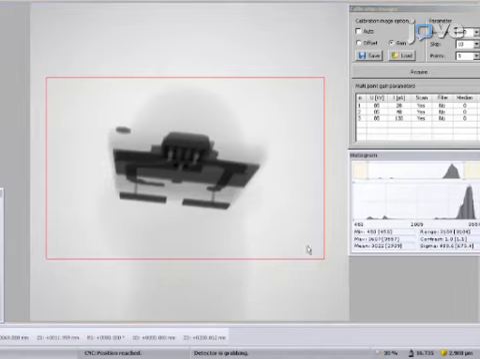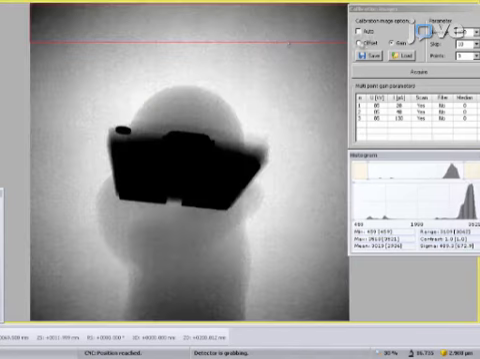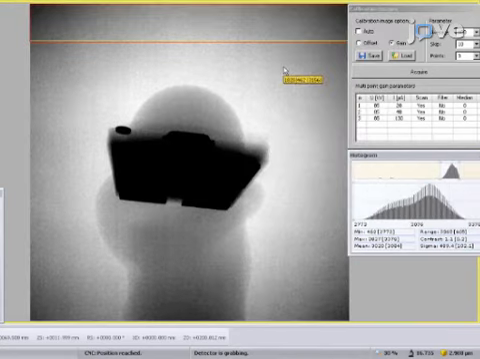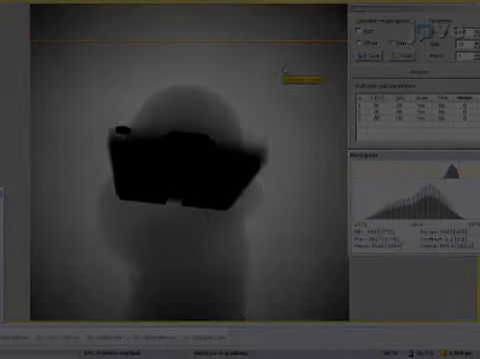Right-click on this window's frame to open a context menu. Then, select Set as Observation Window. The frame's color will change to yellow, and the observation window